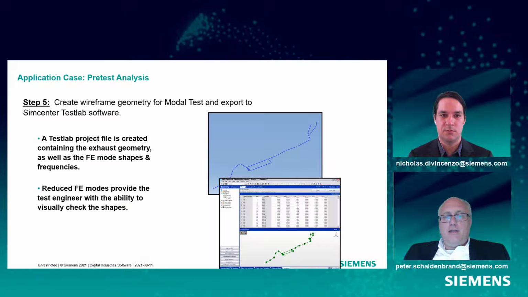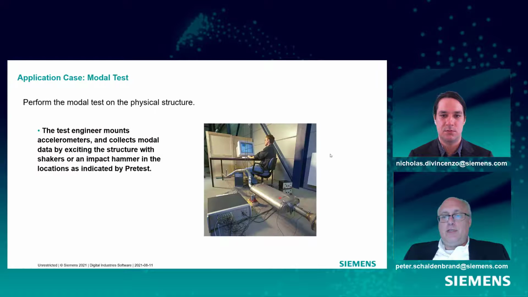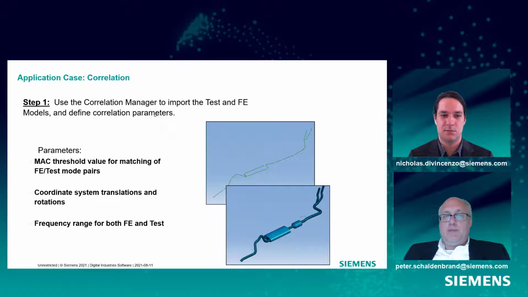All right. Then, if we're satisfied, what we would do is we would export these points directly off the FE model as a test wireframe. And then you could go and perform the test using the same geometry that you exported from the simulation and calculate your modes. And then when you're ready, you would, in SimCenter 3D still, bring in your test modes, bring in your simulation modes, and then how would you decide if you have a good simulation model or if it needed some updating or changes?